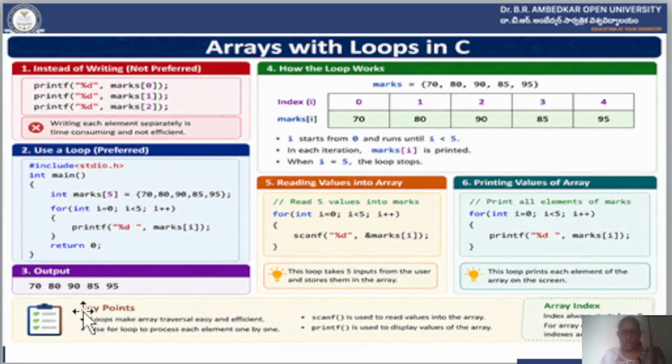So in the first step, if the i value is 0, the first value is 70. If the i value is 1, the second value is 80. If the i value is 2, the third value is 90. If the i value is 3, the fourth value is 85. If the i value is 4, the fifth value is 95. Here the array size is 5 and the last index value is 4. If the i value is 5, the condition will be false. So the loop works like this: these are all index values, and these are all